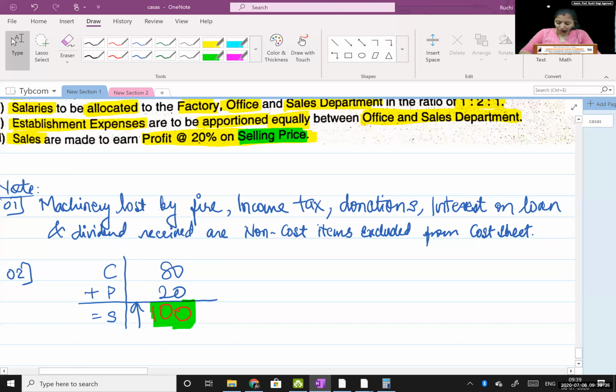Acknowledge it in the chat box. Then you guys will not have any problem ahead, right? I hope you will remember this part. On sales means sales is 100. On cost means cost is 100. Okay? Fine. Next lecture we'll be solving it. So keep your formats and everything ready so that we can do it faster.